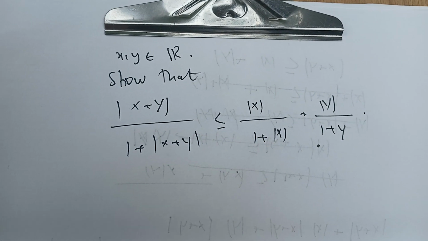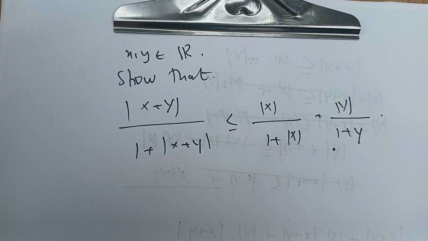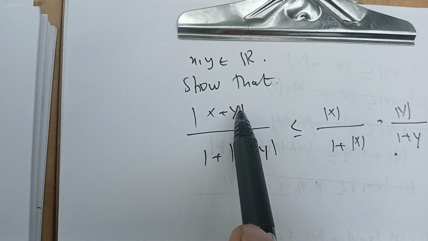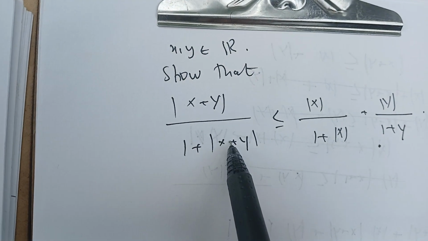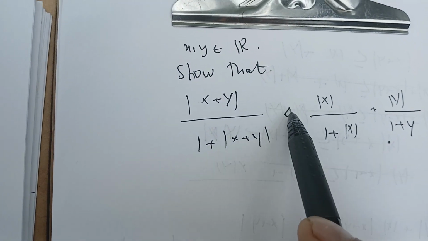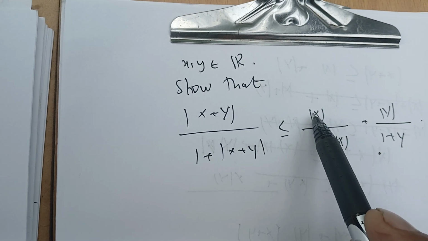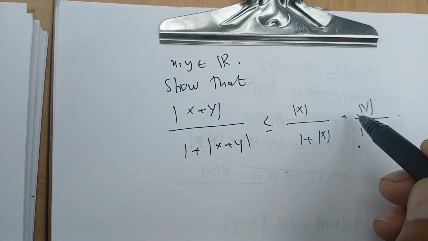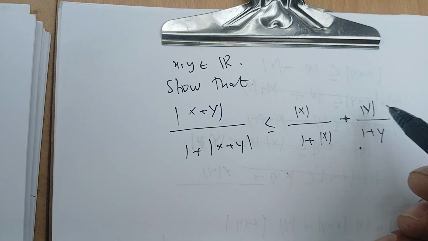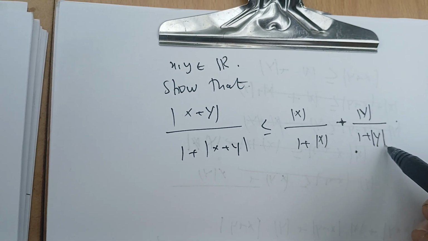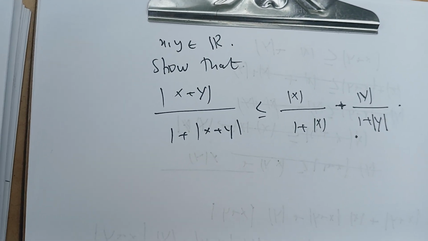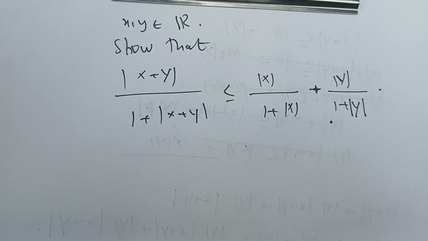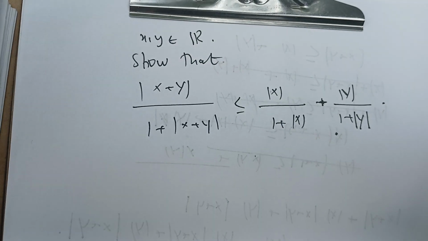Given that x and y are real numbers, we want to prove that the absolute value of x plus y over 1 plus the absolute value of x plus y is less than the absolute value of x over 1 plus the absolute value of x, plus the absolute value of y over 1 plus the absolute value of y. So this is a basic problem that we can prove using the